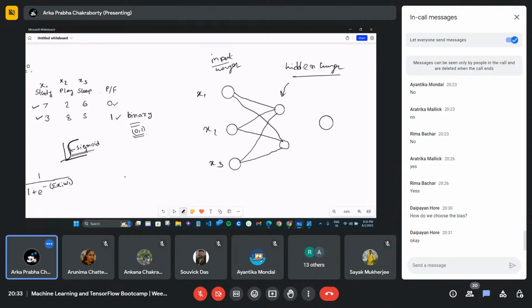For some x value, the value in this neuron will be something different, and for another x value, the activation function can be different. For that reason, there will be some different value. That's why we have to connect each and every neuron.